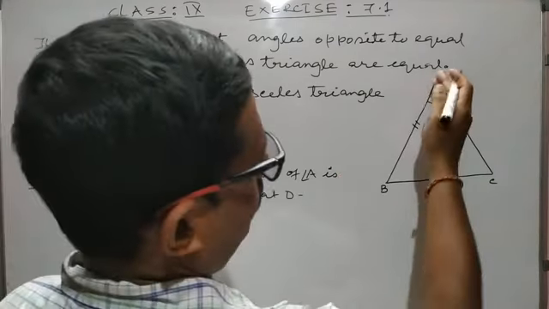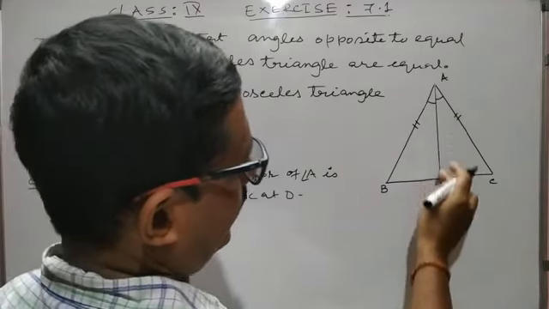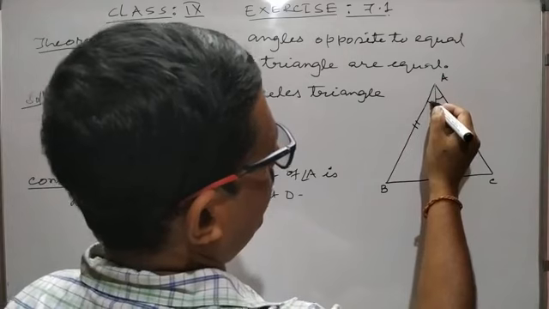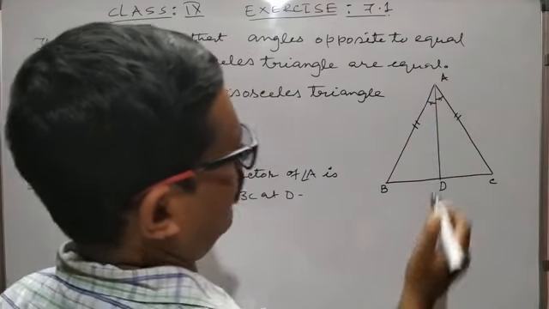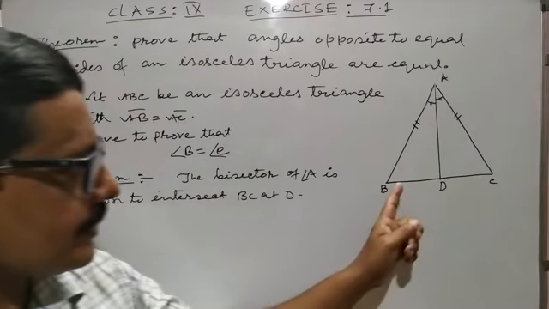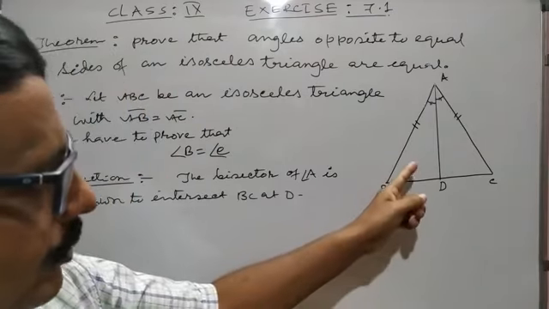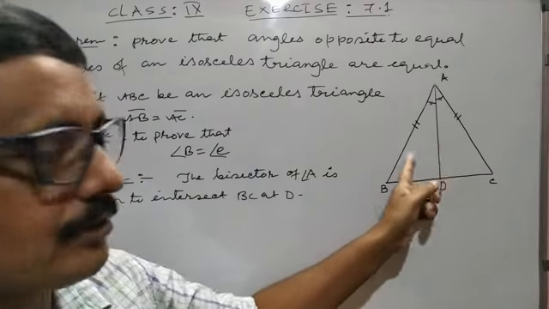This is the bisector of this angle. Bisect means equally two part. मतलब ये AD angle A को equally two part किया. That means this and these are equal. So our target is to prove angle B equal to angle C. So now let us try to prove these two triangles congruent.